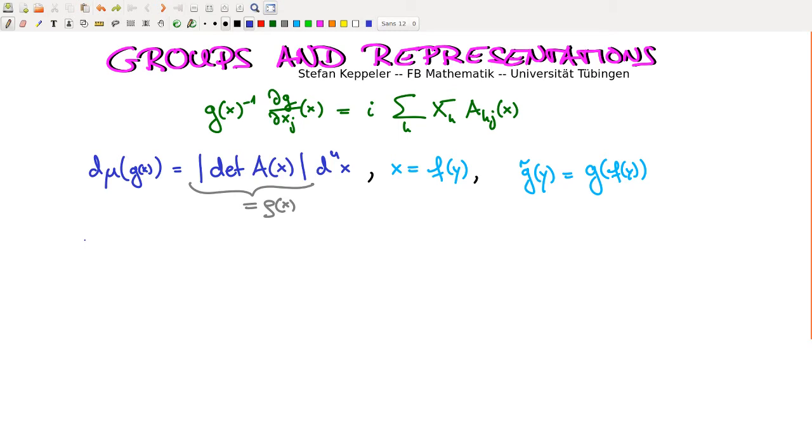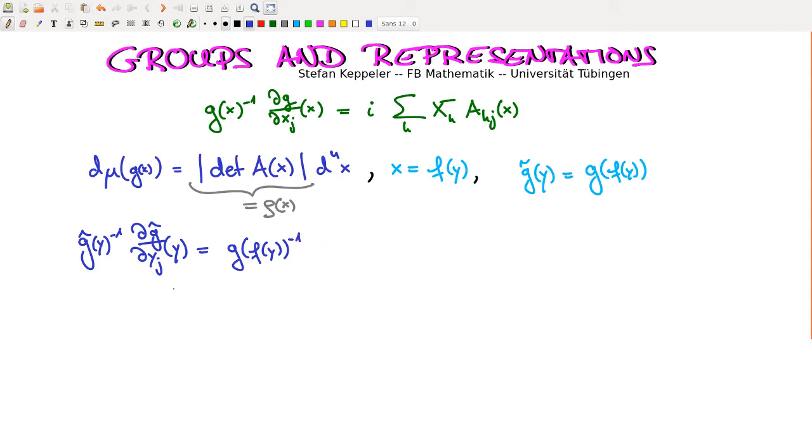So what is g tilde of y inverse dg tilde dyj of y? Let's express everything in terms of the original parameterization with the g's here. So we get g of f of y inverse,